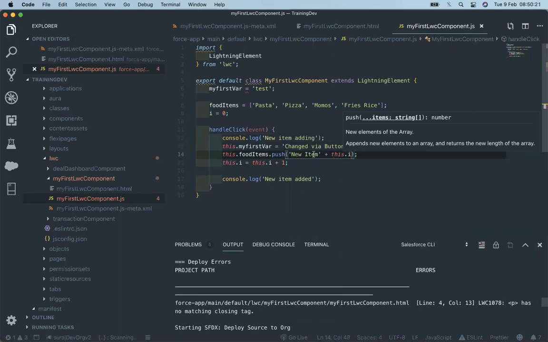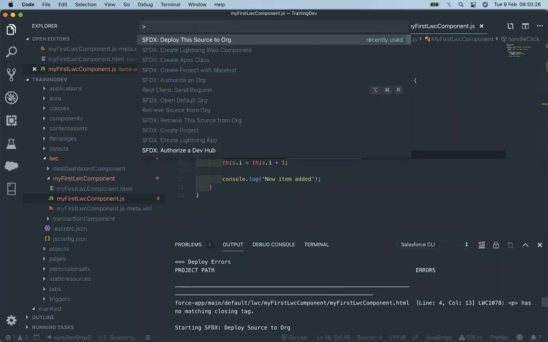Just an incrementing counter, nothing else. I just do the deployment.